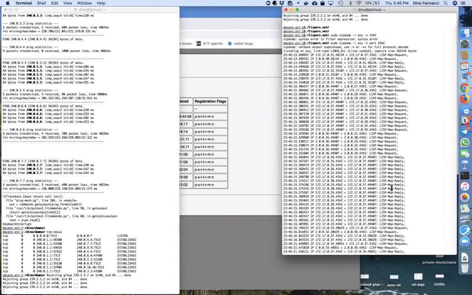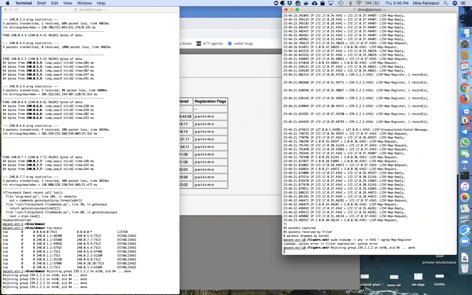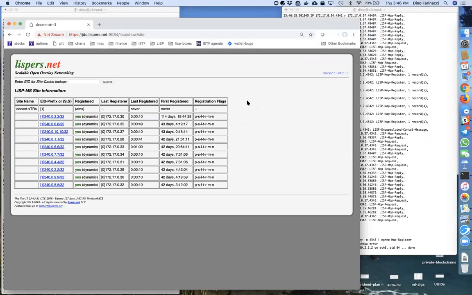Let's not show the RLOC probes. Let's do this. Let's just show the map registers. And they're each sending it once every minute. So while we're talking, we can just watch the TCP dump there, just showing you. So the idea here is, normally when you have a mapping system,